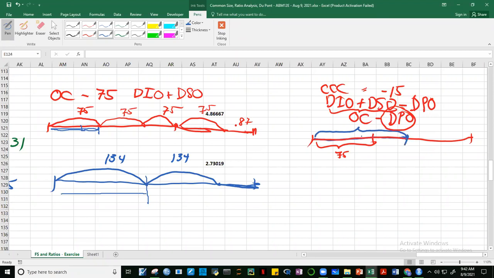90 days. Okay. Kailan ni competitor na-collect yung pera niya sa receivables? On the 75th day. Kailan pa magbabayad ng payable? On the 90th day. Ibig sabihin, guys, ang formula, cash conversion cycle minus the DPO, okay? 75 minus 90, you have an answer of negative 15. Ano ibig sabihin ng negative 15 na to? Meron po silang 15 days para gamitin yung cash na na-collect nila elsewhere before paying their